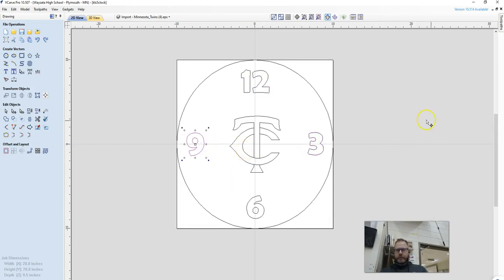Some of you people with really good eyes are going to be able to decipher that really well. So I'm going with these 3 numbers again. Kind of a simple looking clock, but we get to start toolpathing now. So to toolpath it, I can do this a lot of different ways, but I'm going to start with the